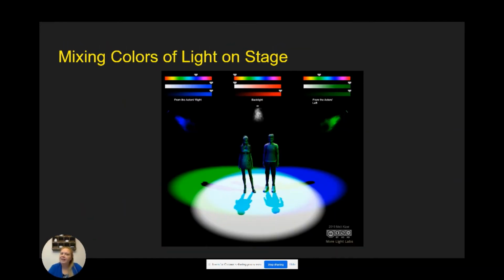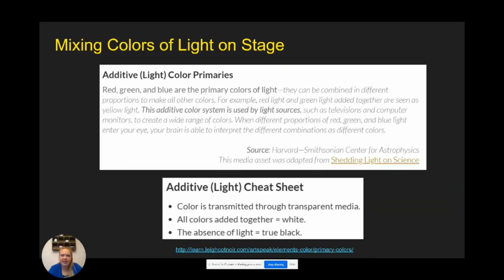We're going to talk about mixing colors of light on stage next. Okay, we talk about additive light mixing. So red, green, and blue are the primary colors of light. They can be combined in different proportions to make all of the colors. For example, red light and green light added together are seen as yellow light. This additive color system is used by light sources such as televisions and computer monitors to create a wide range of colors. Also, LEDs on our brand new stage, set up with all of our LEDs,